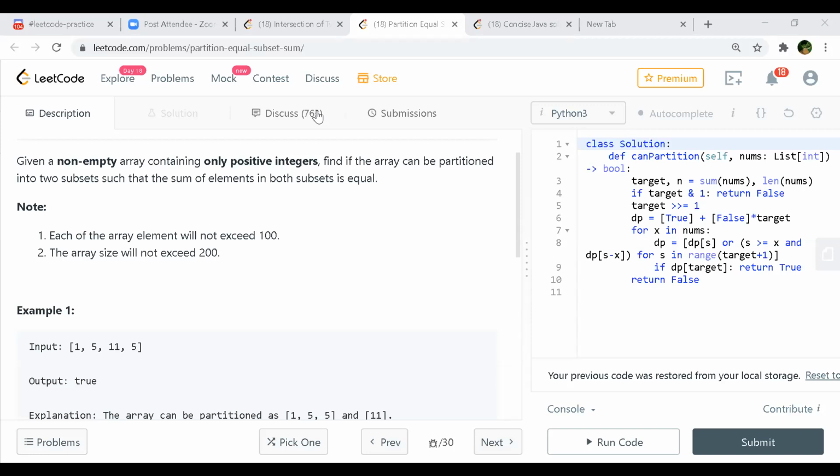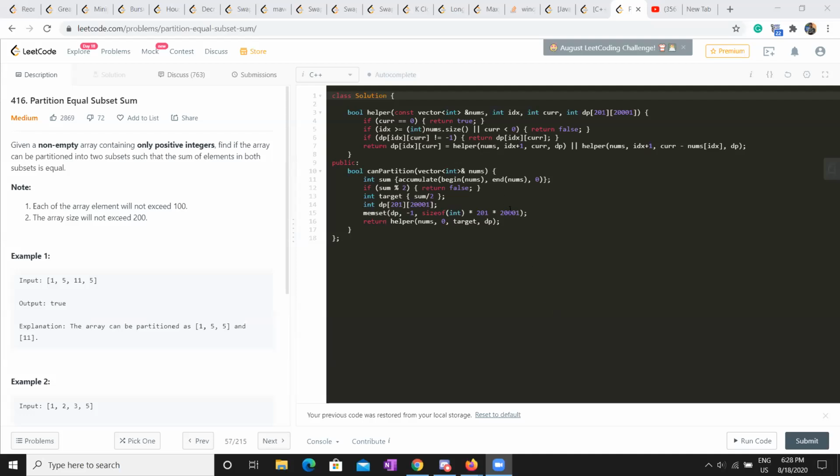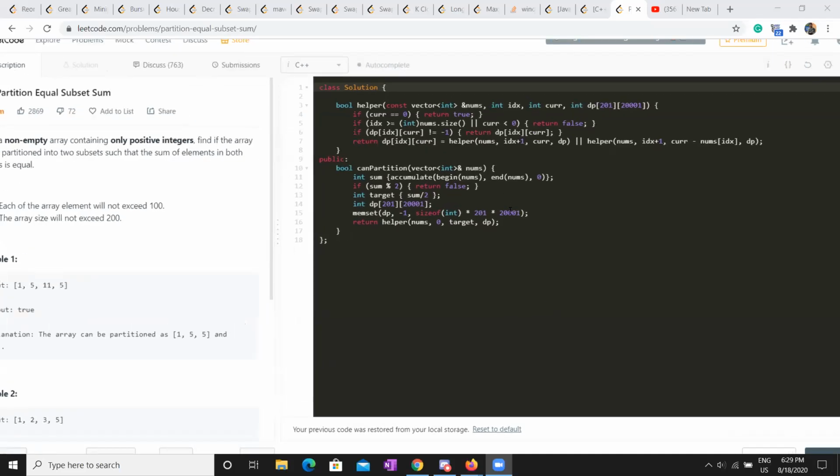So Pankaj, do you have something in mind? You want to share something? I solved it with the standard top-down approach. We have solved similar kinds of questions many times here. I can share my solution. Sure. Let's go with top down first. That is a good one to do. Please increase your font.